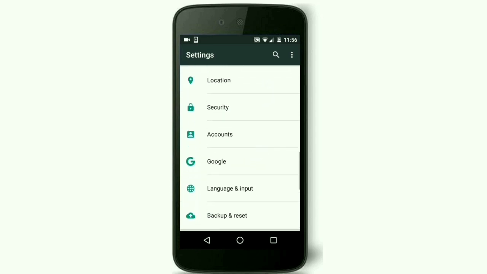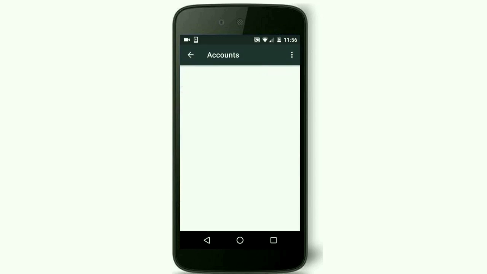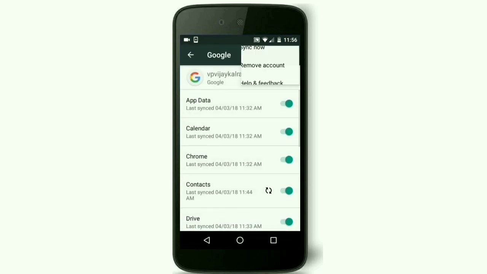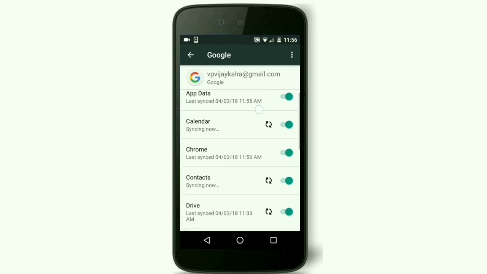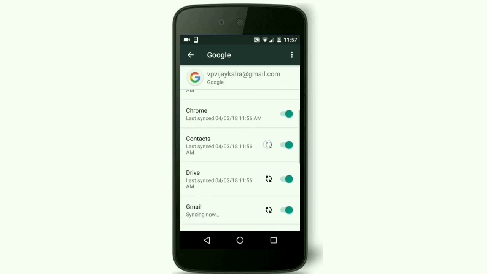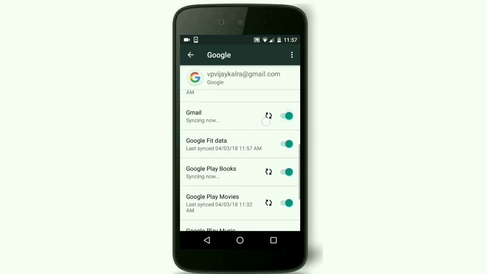If you use Google Keep or any other Google service, it's important to make sure that everything is synced to your Google account. You can force a sync by clicking on Sync Now from the three-dotted menu. Also, take a look at the timestamps across the various options